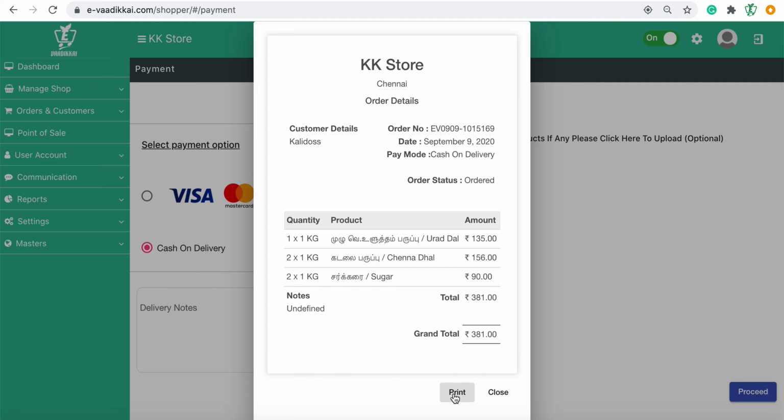We suggest that we don't want to take a print because it is eco-friendly, so the system will avoid paper and go digital. Always this same amount, the same SMS, the end customer will get their SMS. Also, if they are an existing customer and log into their panel, they can see this order automatically. They can see the same list of orders, everything, in their panel.